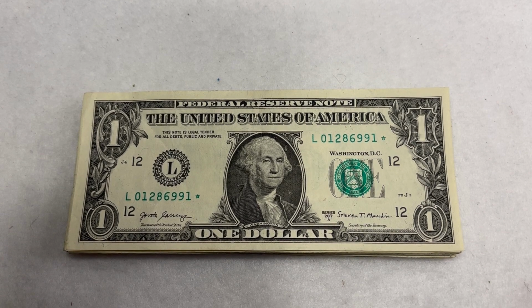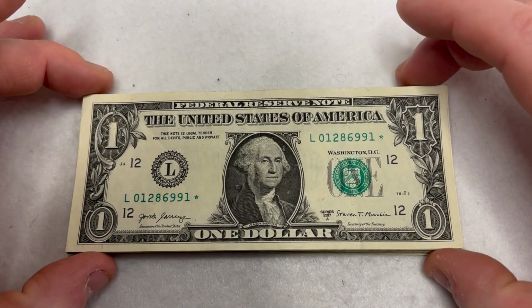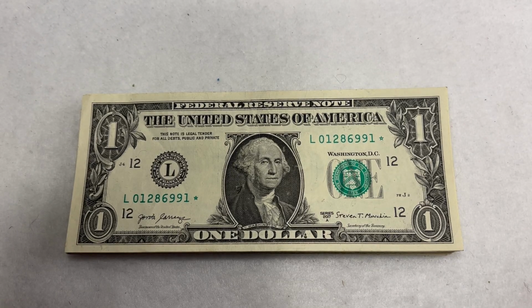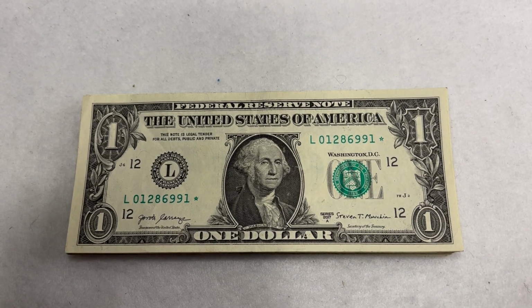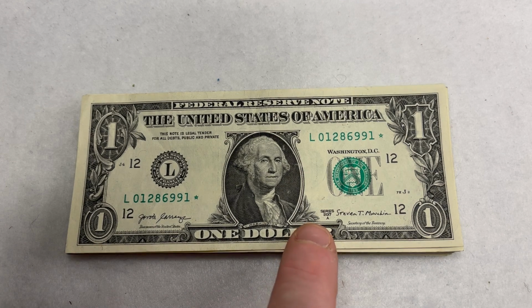What I did was I went through $1,000 worth of $1 bills and I pulled out, obviously, star notes, and anything from the 2001 series and older. I also pulled out any interesting serial numbers I was able to find. The main goal of me doing this strap search is to try to put together a book of every series,